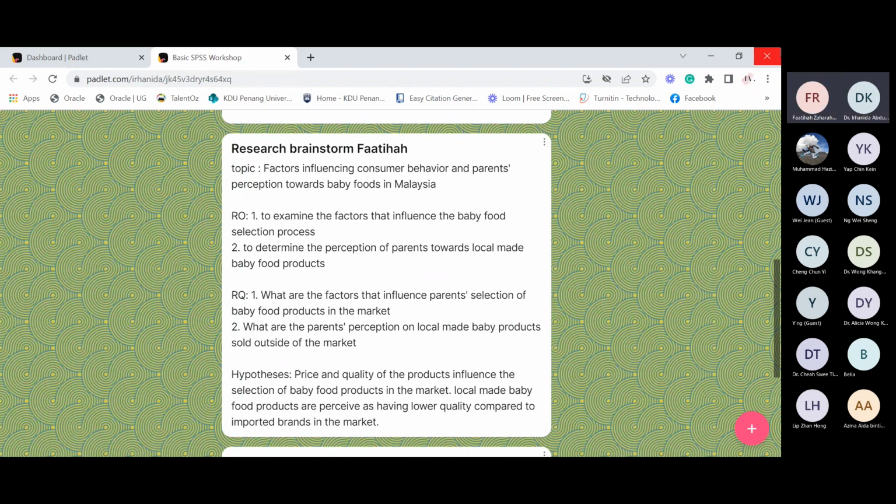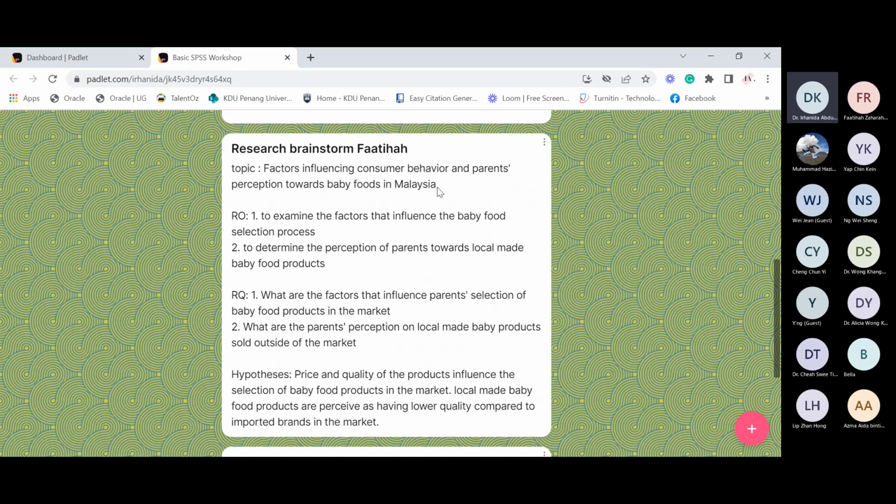Baby food products. Okay. Actually, I think many people, when they are introduced to quantitative research and start discussing the independent and dependent variable in their topic, they start to get confused already.